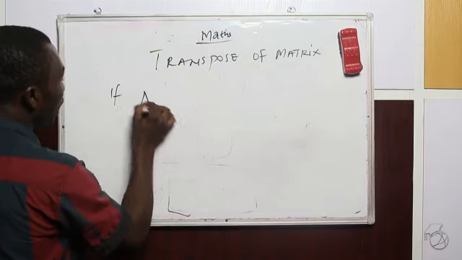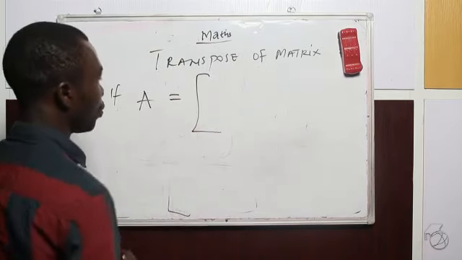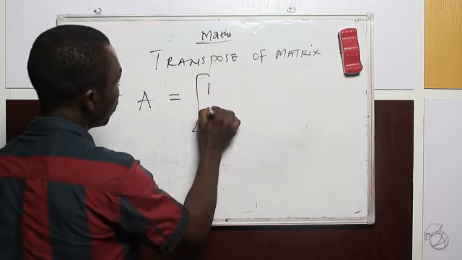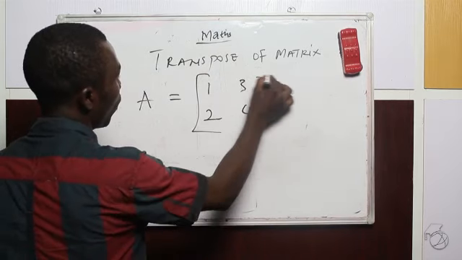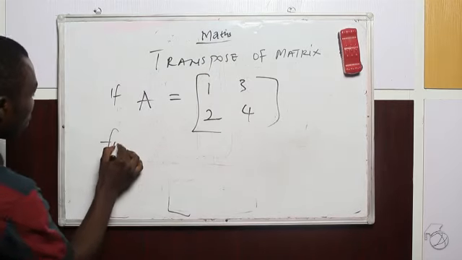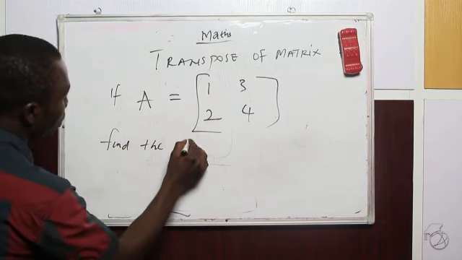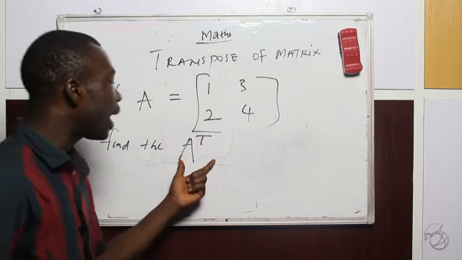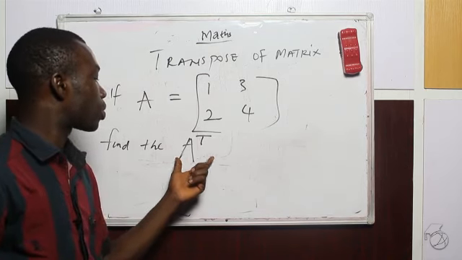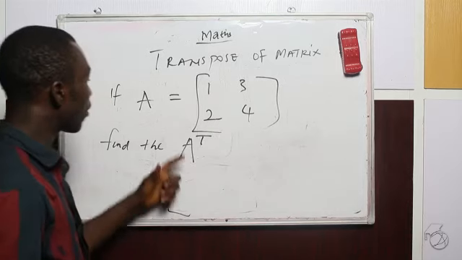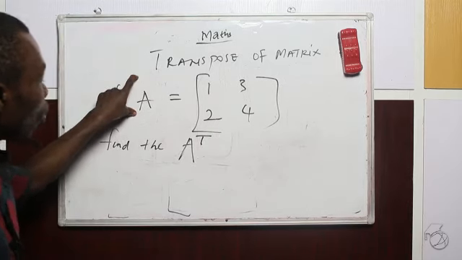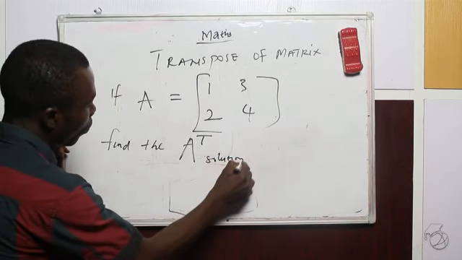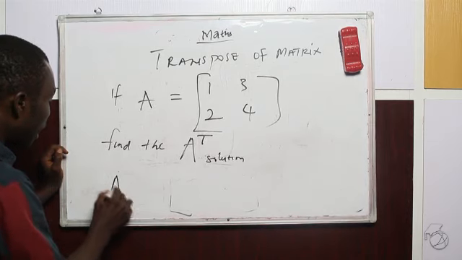If A is equal to 1, 1, 2, 3, 4. Find the A transpose. The meaning of A superscript T means find the transpose of A. Solution. Solution to this is that A^T